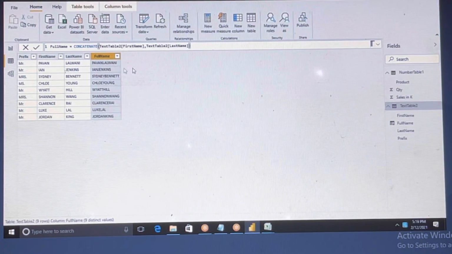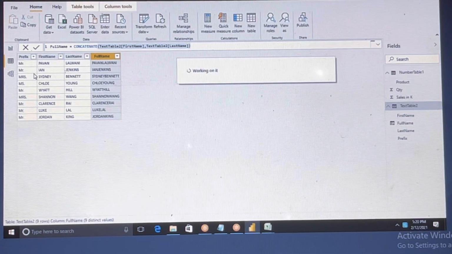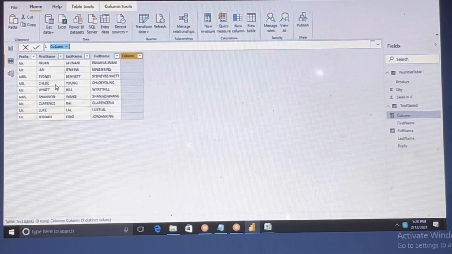You are getting it, but the problem here is, if you wanted to add multiple things, how will you do that? It is very difficult, right? Because this concatenation function allows only two. If you wanted to do multiple, three columns, because we have three columns, how will you do that?